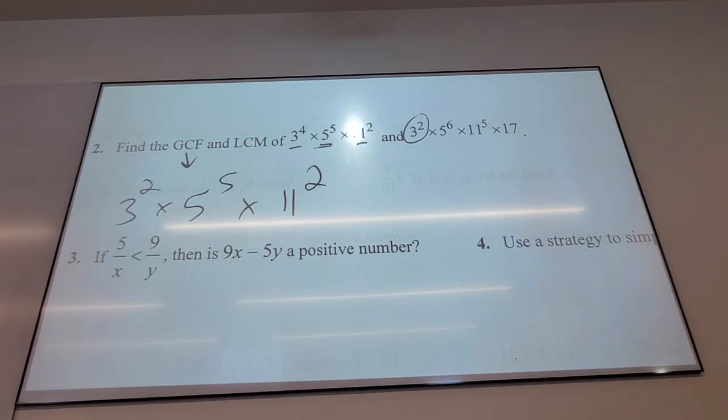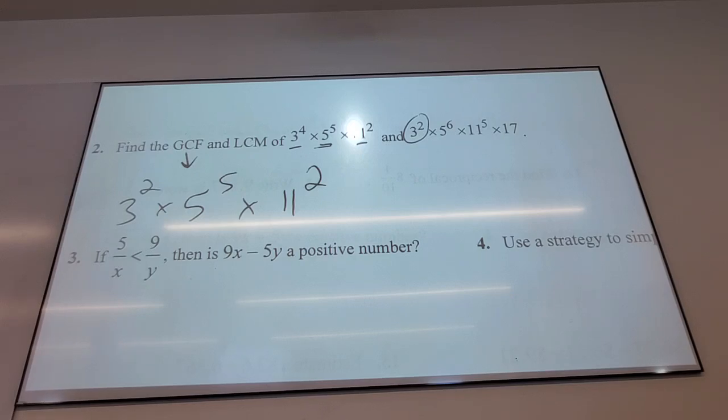Do you guys see that? Do you see that? LCM is the smallest number that both of the numbers can multiply up to be. Yes? One of them has 4 3s. The other one's only got 2, so I could multiply the other one by 2 more 3s. They would both have 4 3s. Now, if I just keep going through all my factors, I just keep doing the same thing. So to get the LCM, I take the highest power I see, because that would be what they could all